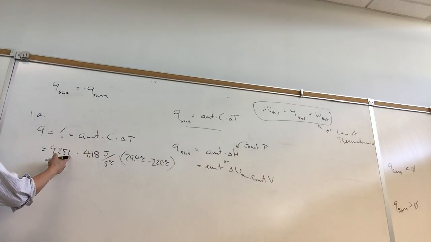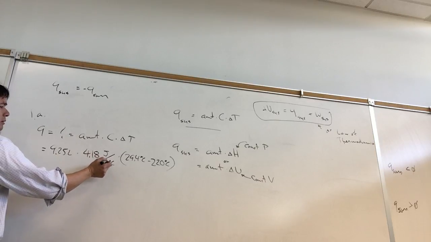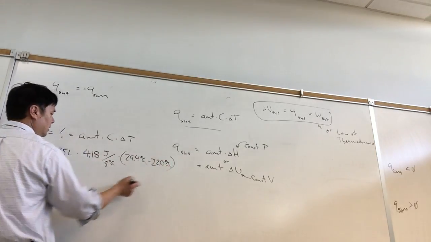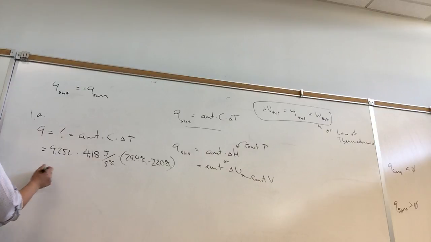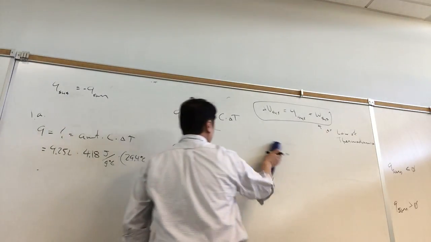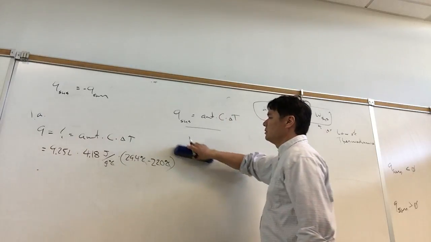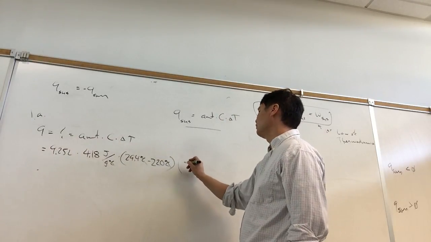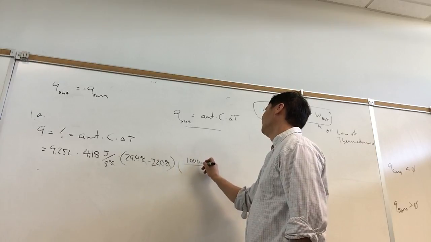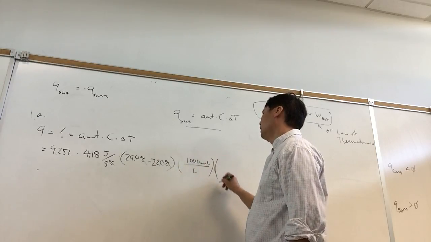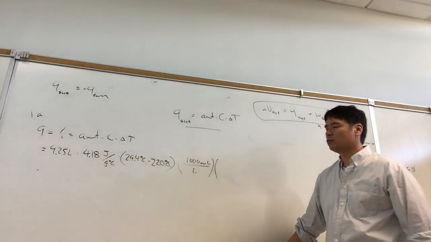Well, first thing is the units don't cancel. So degree C cancels, degree C, but grams and liters don't cancel. And so I'll have to add some more conversion factors here to get it to work out. And so the conversion factors just go from liters to milliliters. And then we know the density of water to 3 sig figs.